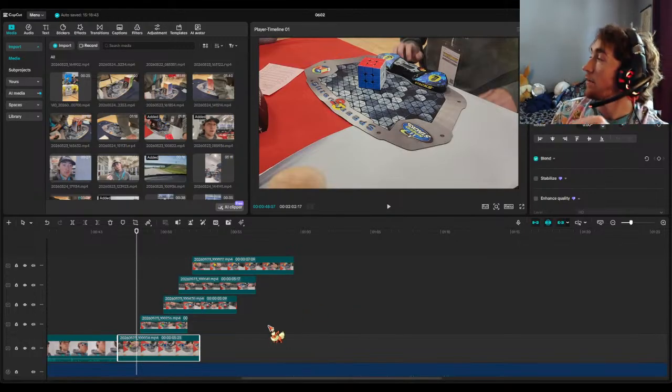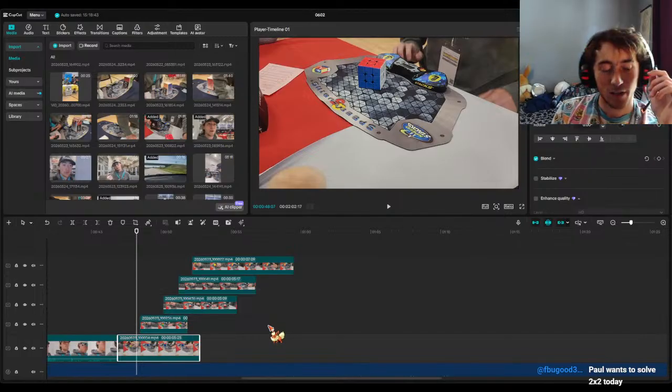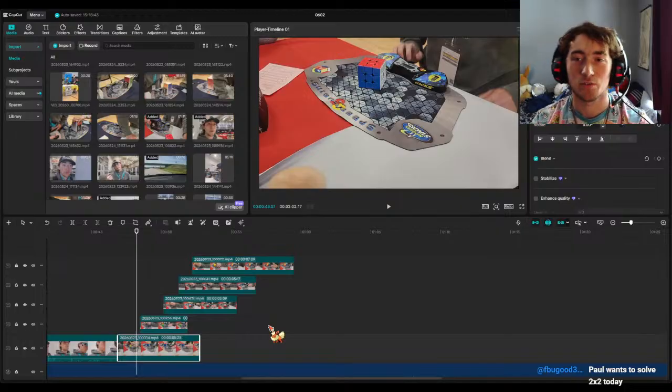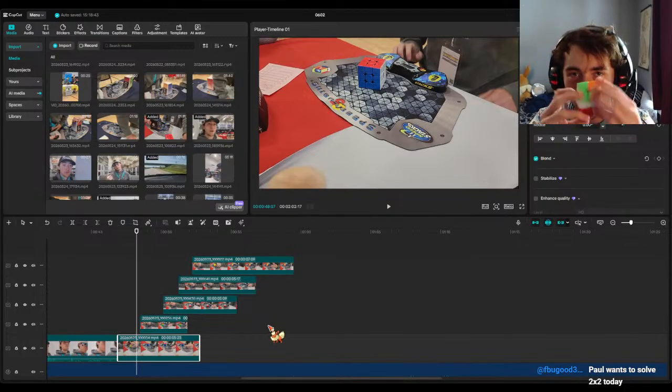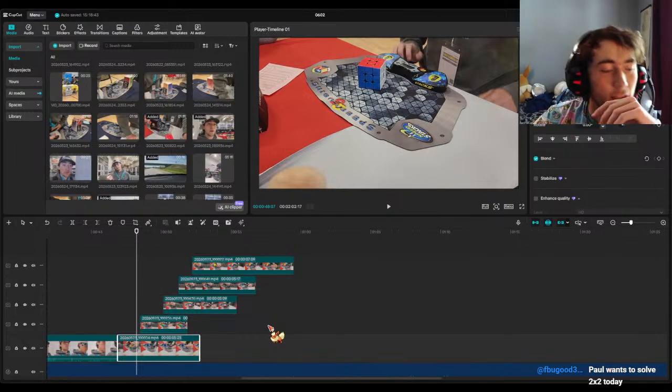Or yeah, the GAN 11. Paul wants to solve 2x2 today. Interesting choice. Interesting choice. Paul wants to solve the 2x2. The GAN 11. Yeah,